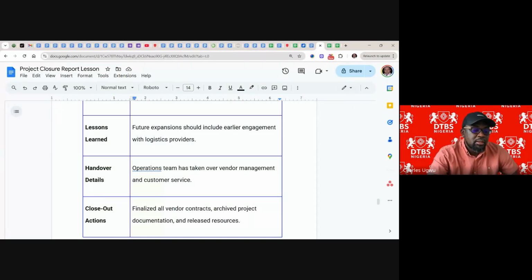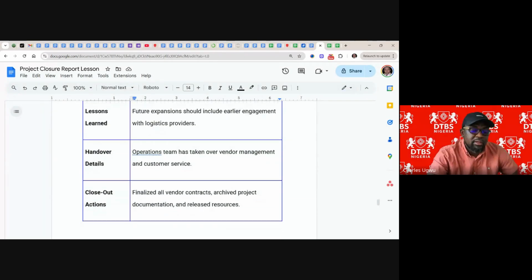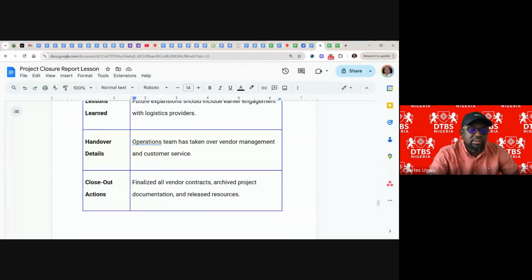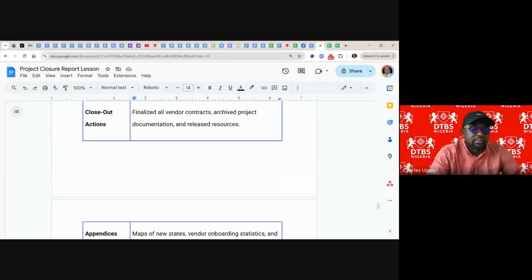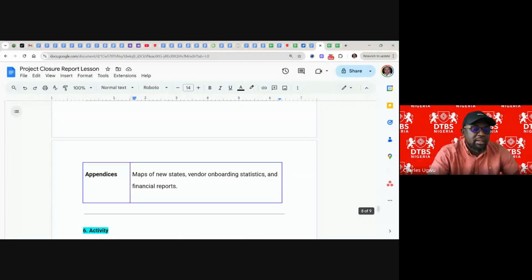And closeout action: finalize all vendor contracts, archive project documentation, and release resources. Resources here are documents that people can access, if you are able, relevant information. Keep them where everybody should be able to access them. And appendix,